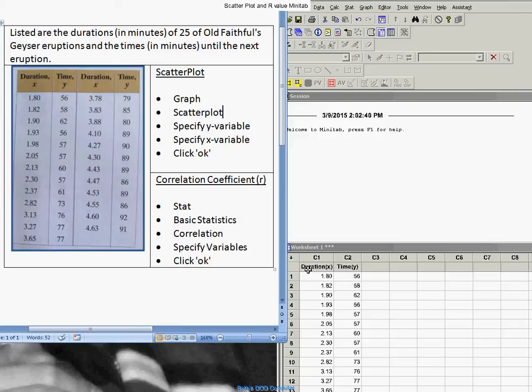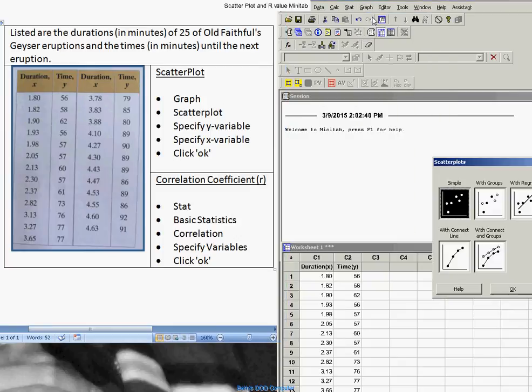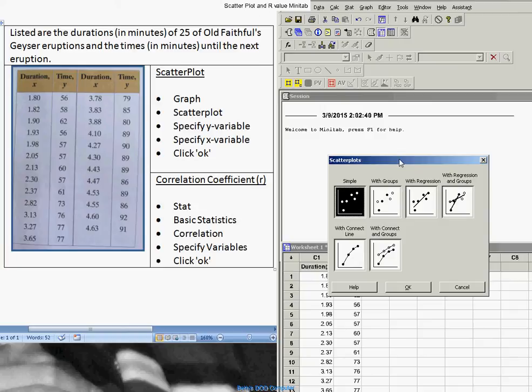In order to construct the scatterplot, you would go into Minitab, go up under Graph, and select Scatterplot. Once you have the Scatterplot window open, you have several options. In this case, it is a simple scatterplot, or you could select with regression. The difference being that with regression, you get a visual line drawn through your data to show you whether you're seeing a positive or negative slope. You can see it either way, with simple or with regression. You can choose. I'm going to choose simple